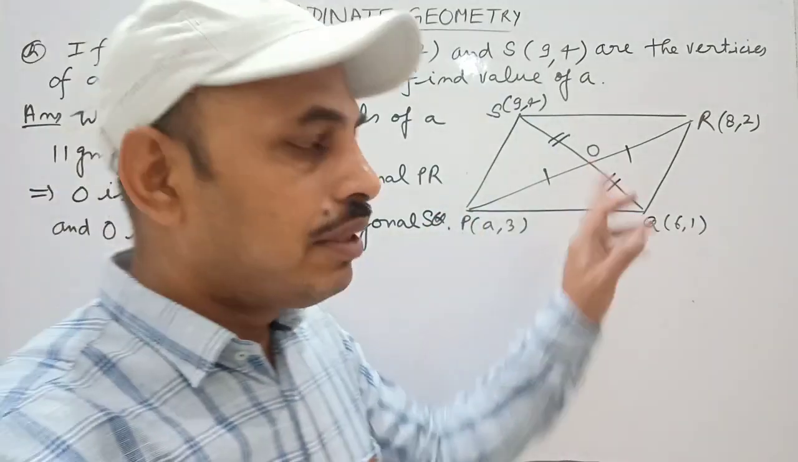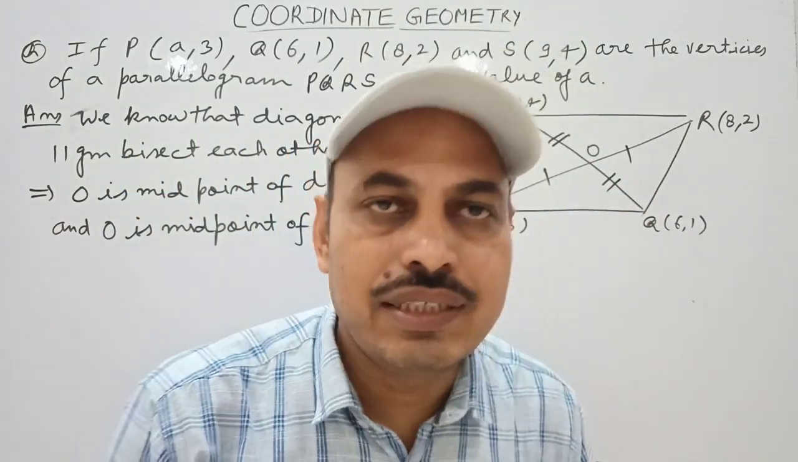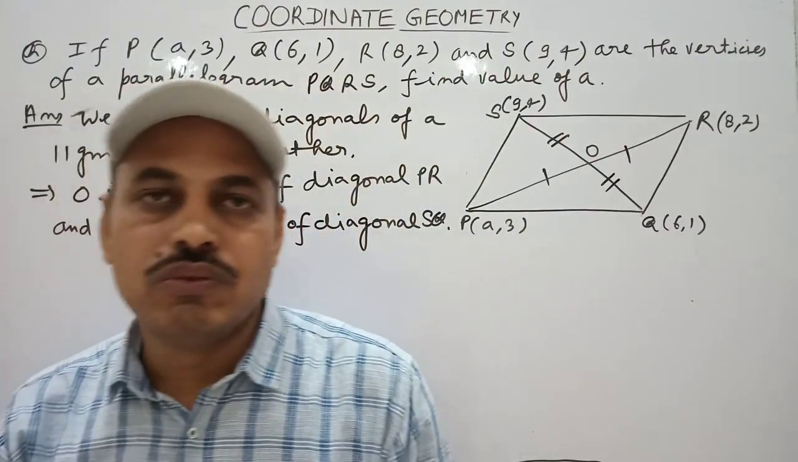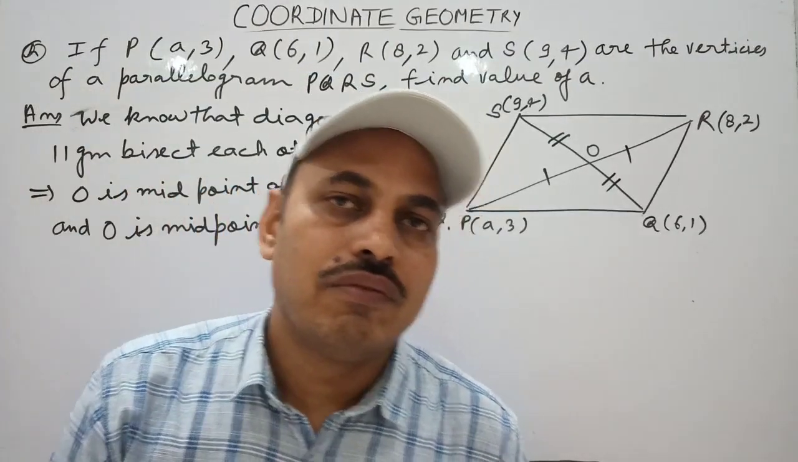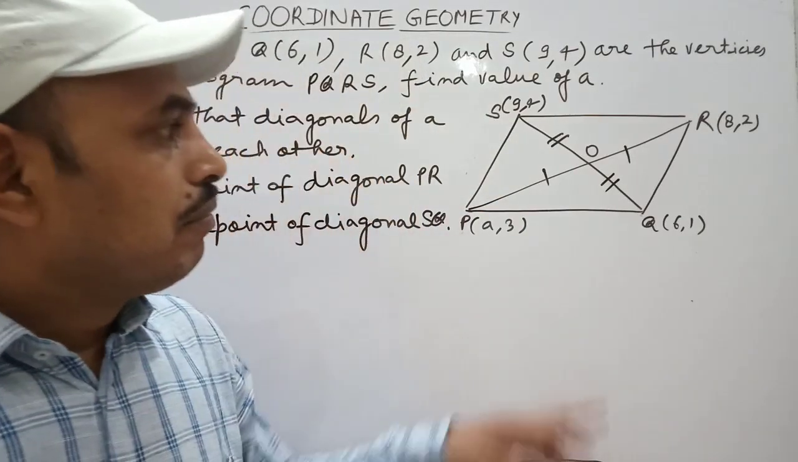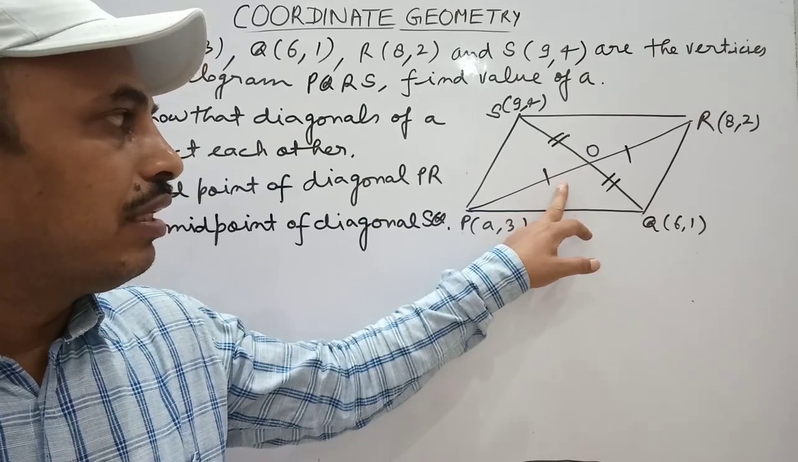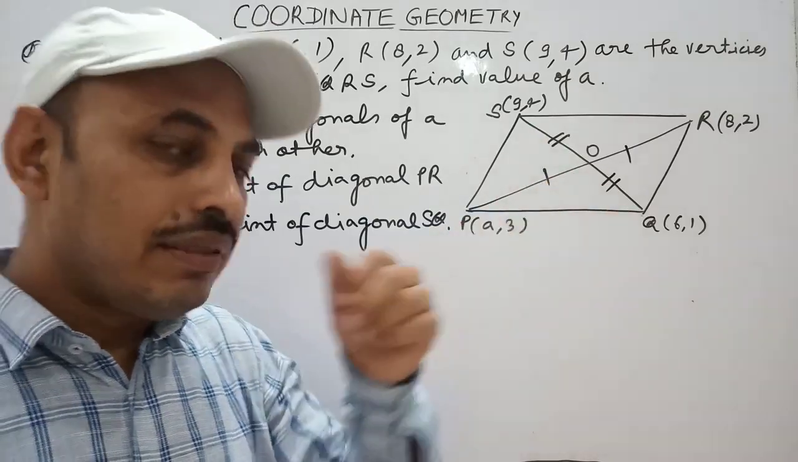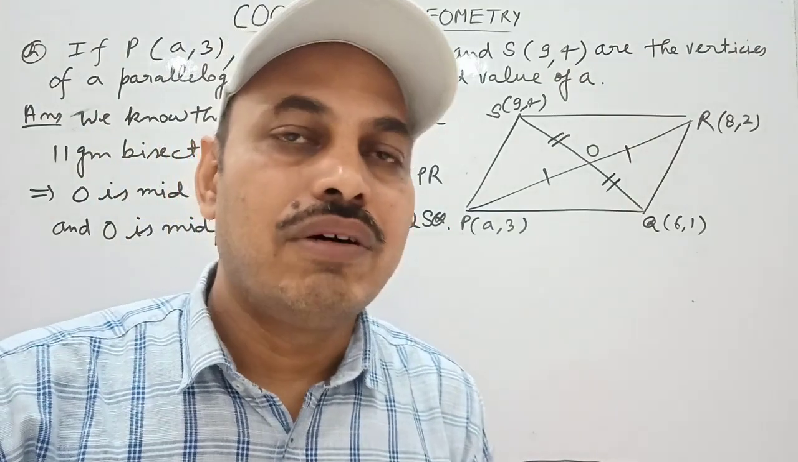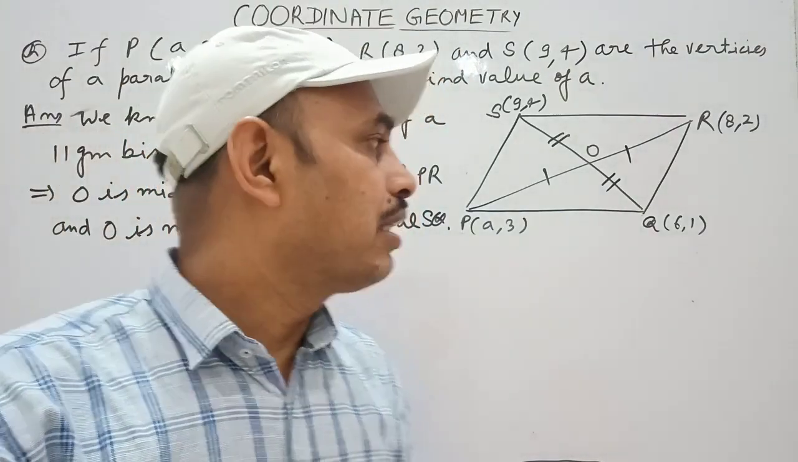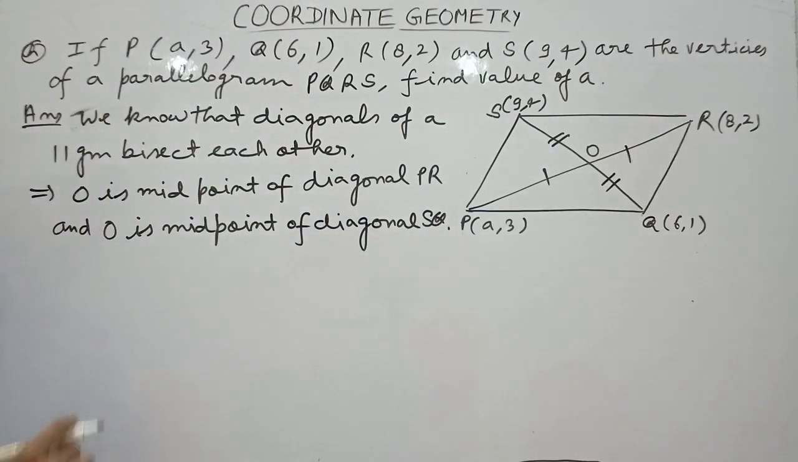मीन्स मिड पॉइंट सेम है और मिड पॉइंट फाइंड करने का फार्मूला है हमारे पास (x1 plus x2)/2, (y1 plus y2)/2। हम क्या करेंगे, पहले इस डायगोनल का मिड पॉइंट फाइंड करेंगे PR डायगोनल का, फिर SQ डायगोनल का मिड पॉइंट फाइंड करेंगे और x कोऑर्डिनेट जो है उनको हम कंपेयर करेंगे।